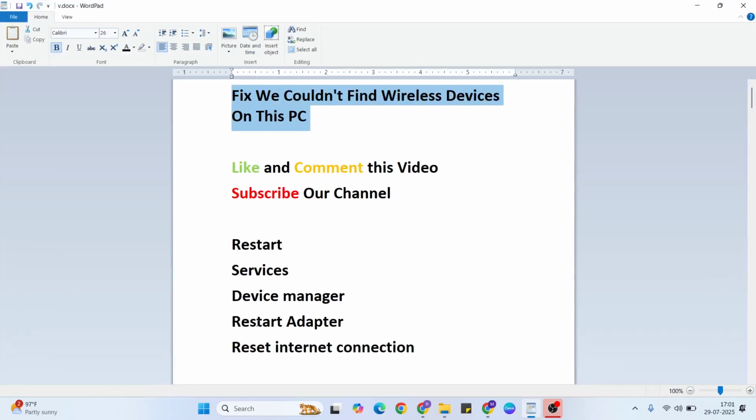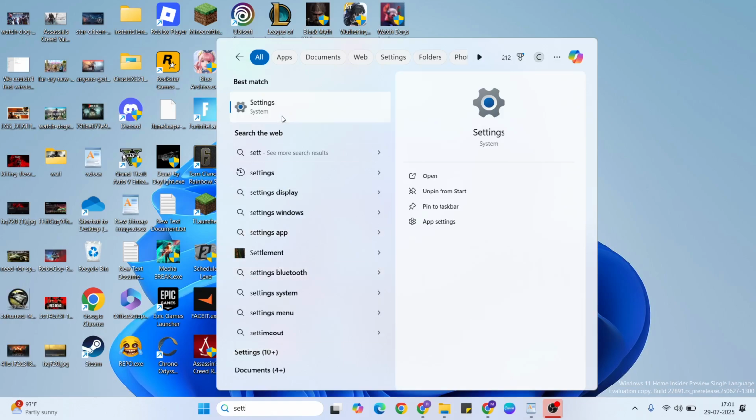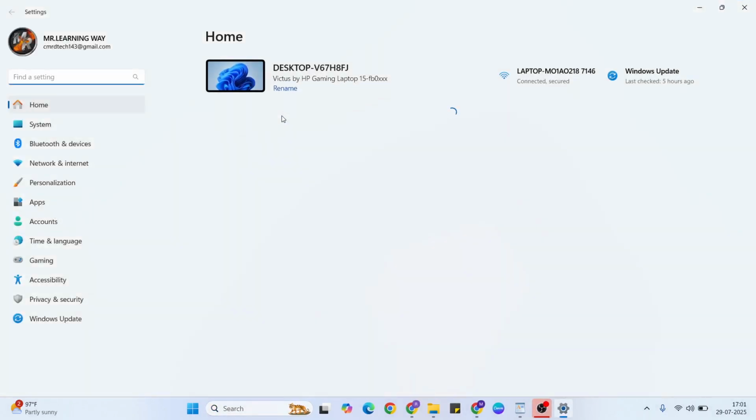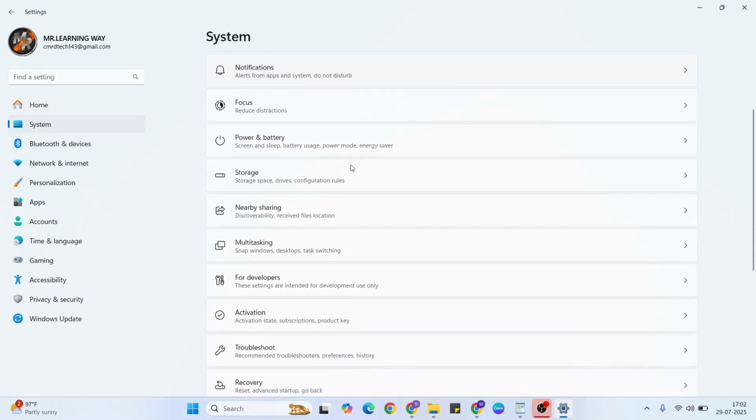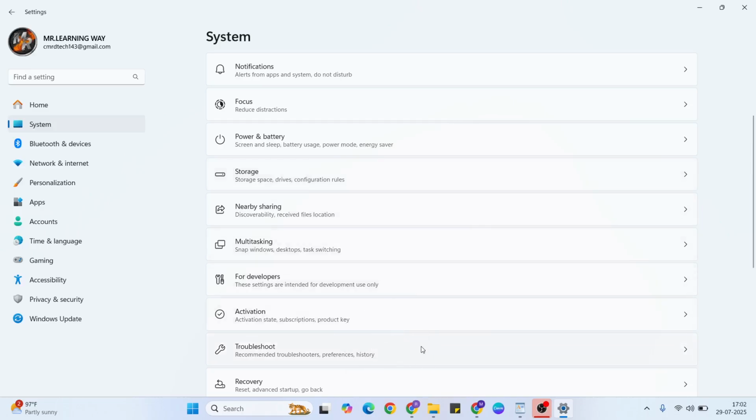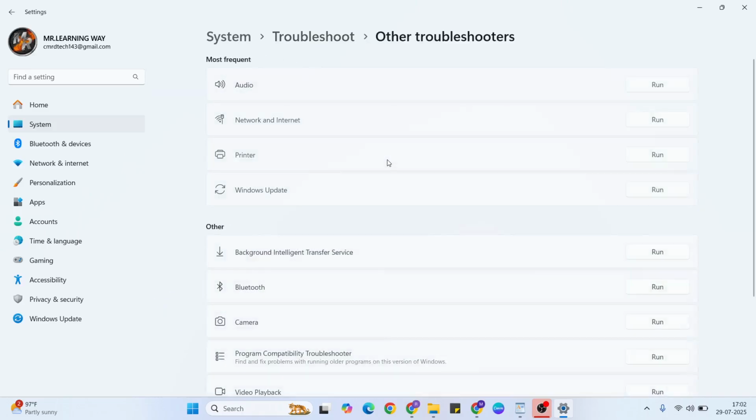If it is still not working, only then go to the next solution, restarting the adapter. Go to Settings, then click System, scroll down, select Troubleshoot, then select Other troubleshooters. Then click Network and Internet, and on the right side click Run here,